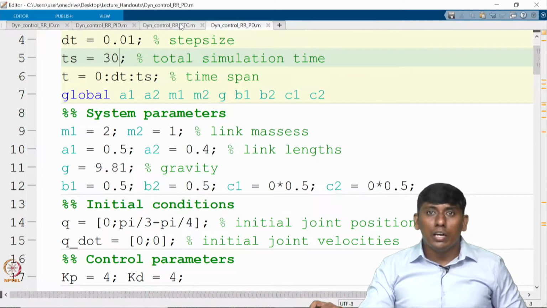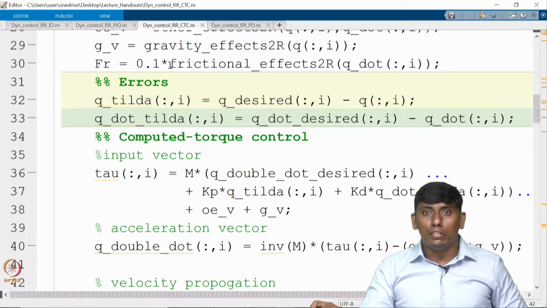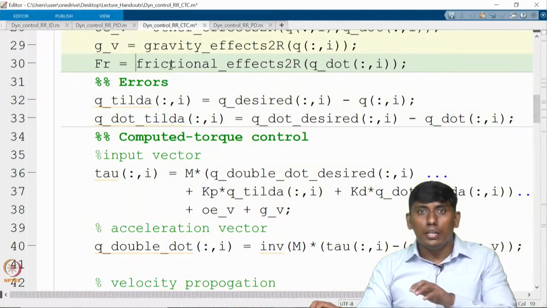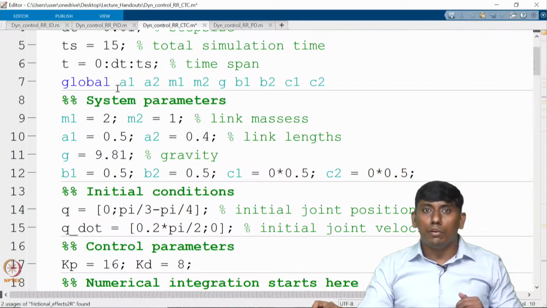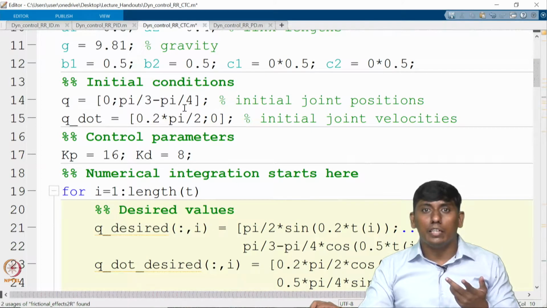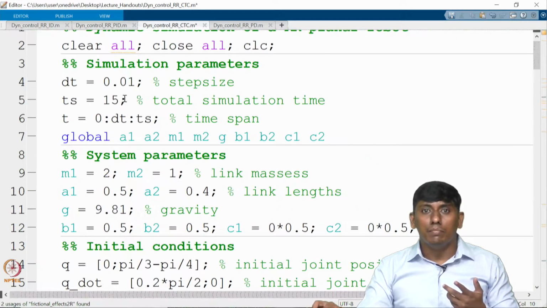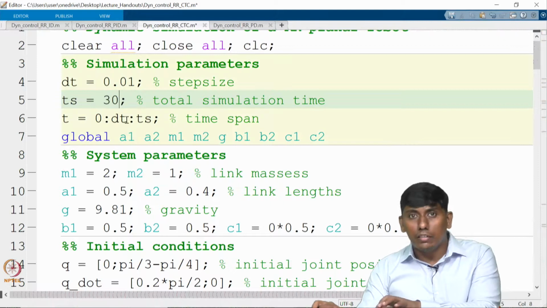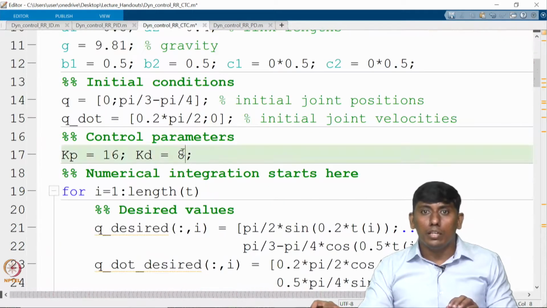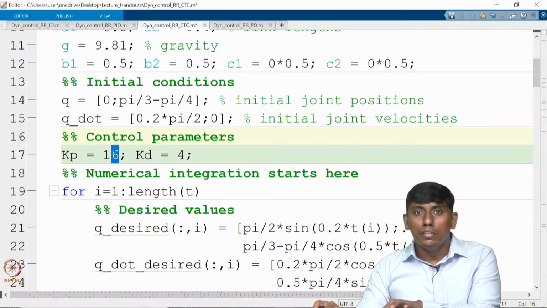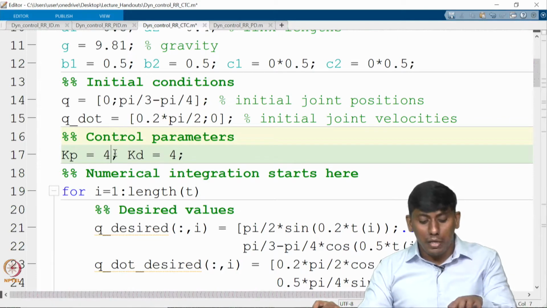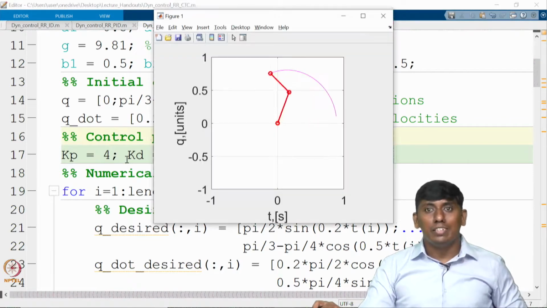Whereas in the computed torque control, we include the friction, okay, and we run for more time, and everything else is the same. I'll just take this as 4, 4 so that the consistency comes, because 16 may end up with unstableness. Now you can see it is much closer.